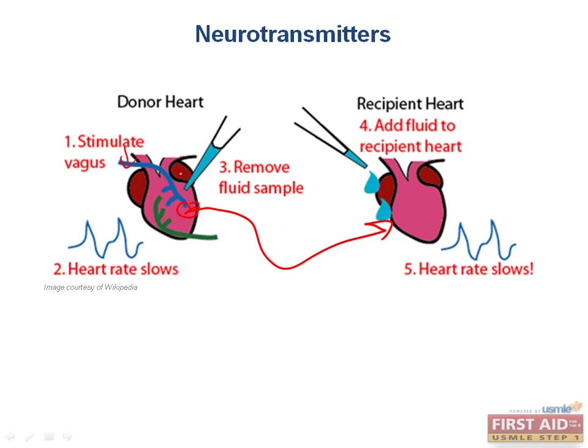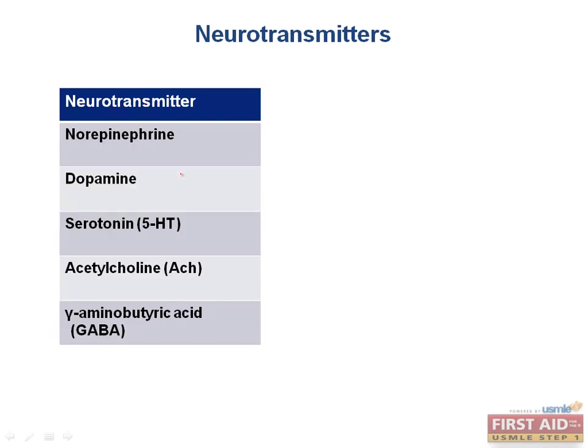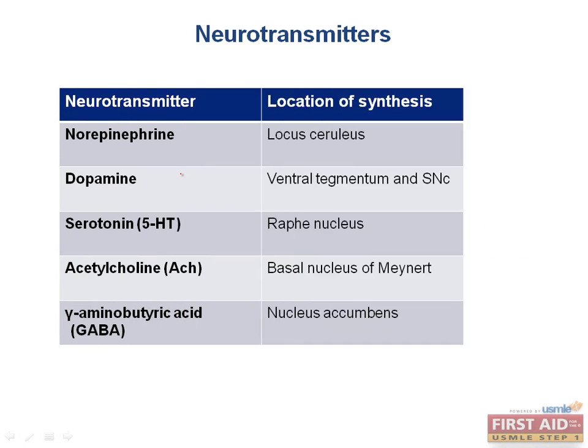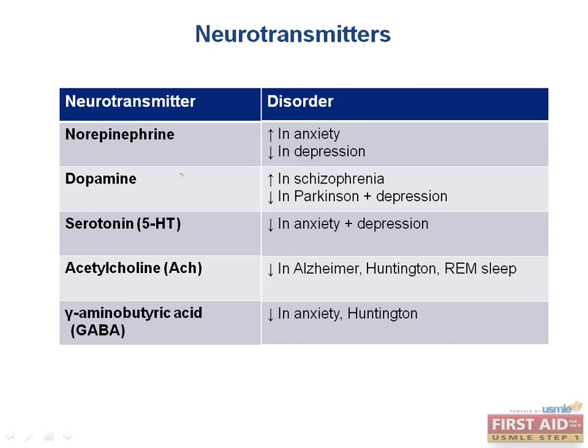And signaling via neurotransmitters is the key mechanism by which neurons communicate with each other. There are quite a large number of neurotransmitters, and this list is certainly not all-inclusive. However, these are some of the most studied and well-known ones, so it's certainly worth memorizing. Now, step 1 will not only expect you to know these neurotransmitters, but where they are synthesized as well. It is much easier to memorize these neurotransmitters in light of their function in various diseases, as shown in this table. It is also helpful to know what normal processes they are involved in so that you are able to make educated guesses based on symptoms if you don't remember a particular disorder or the neurotransmitter that is involved.